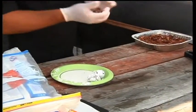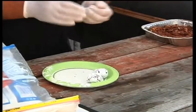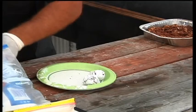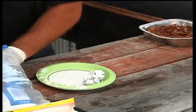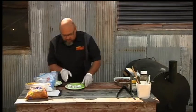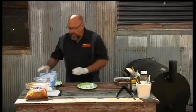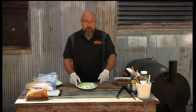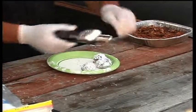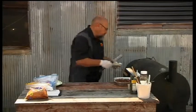So you wanna just let these set until they're good enough that you can handle them. You know, you don't want them to be too hot. That one there was a little warm. So maybe I'll let them set just a little bit longer. So those are our brownie bites. See, you can put a toothpick in there. And then what we're gonna do is I'm gonna go ahead and take off our